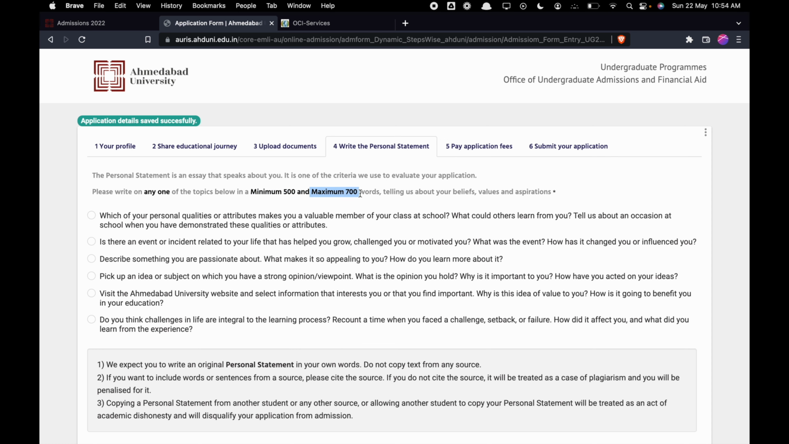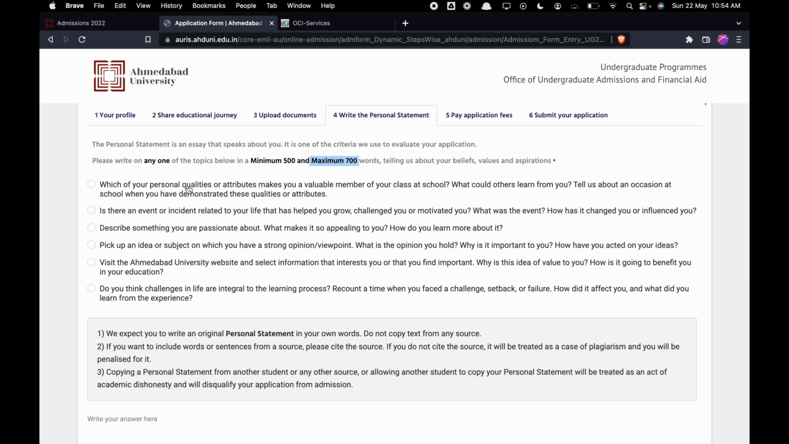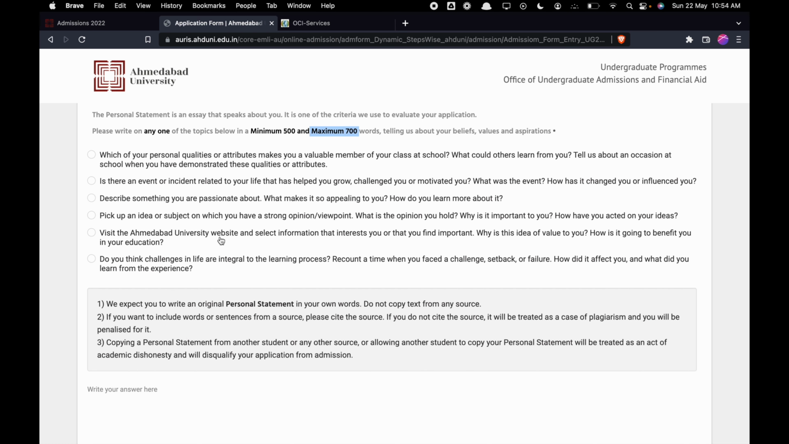Minimum 500 words, maximum 700 words, and these are the different questions you can pick from. Which of your personal qualities or attributes makes you a valuable member of your class at school? An incident that helped you grow, something you are passionate about, what makes it appealing to you. Whatever you write here, make sure it's true, and I have given more details as to how to write